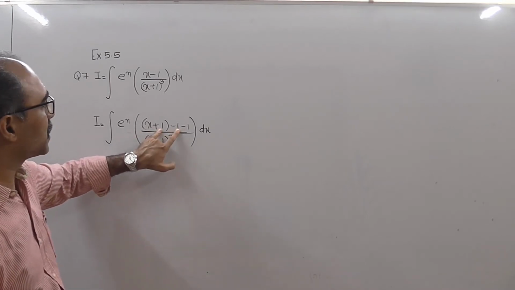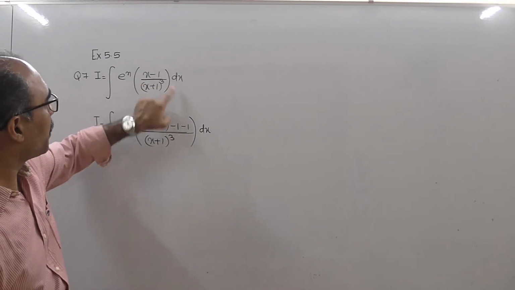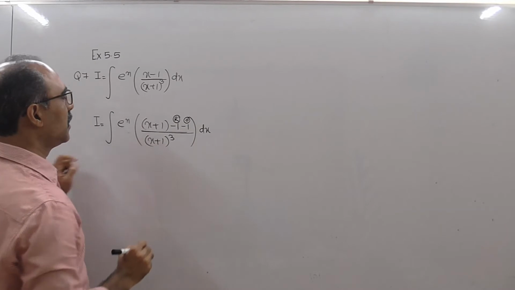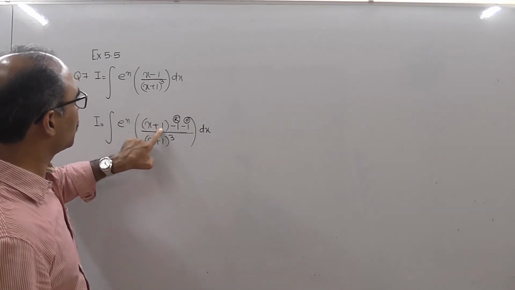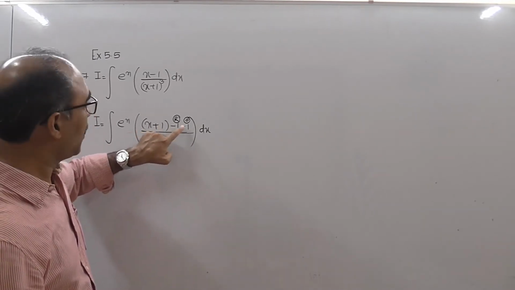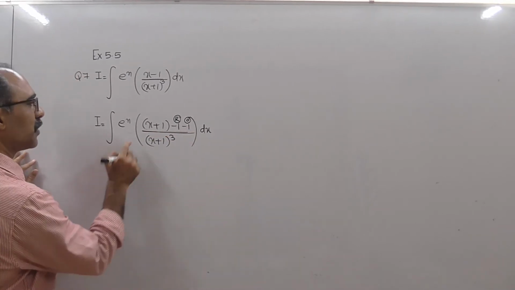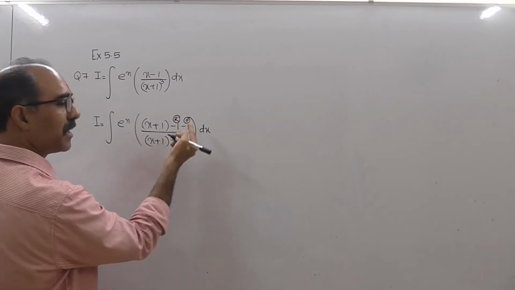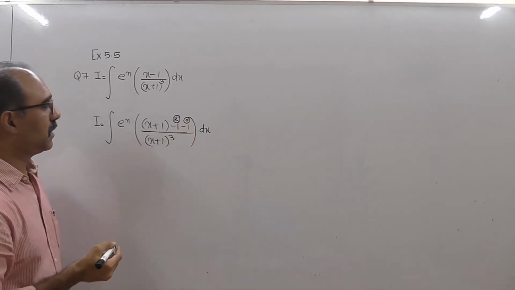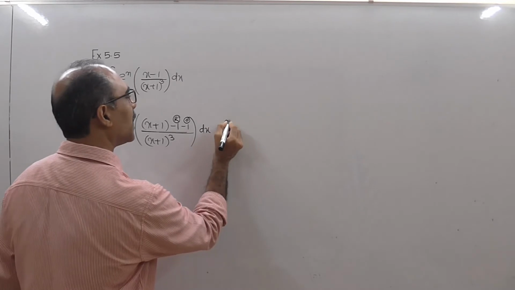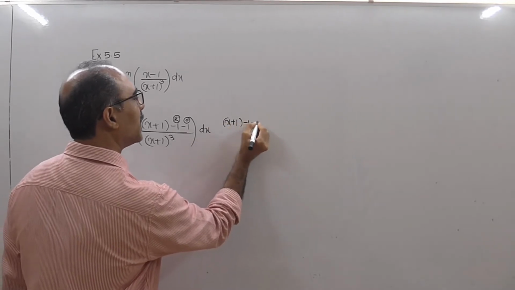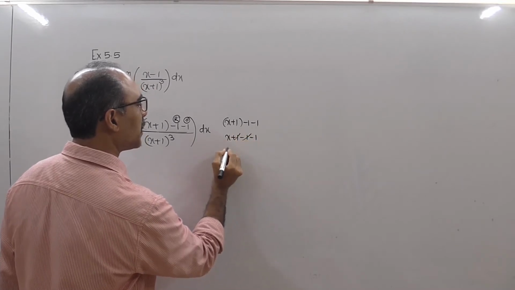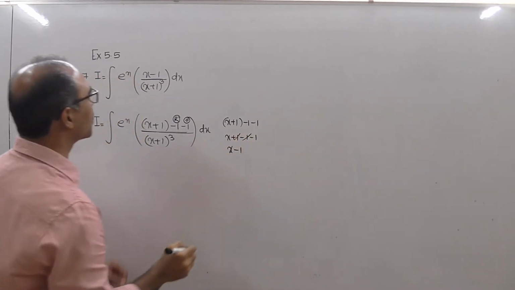So I think plus 1 minus 1 will get nullified. And you copy the original number. This is for rectification and this is the original number. So I have added plus 1. So I am rectifying it by writing minus 1 and I am writing the original number. So if you open this just like that, I think you should get x plus 1 minus 1 minus 1. Ultimately I think you get this as x minus 1. Check karo na. If I open the bracket, I get x plus 1 minus 1 minus 1. Minus 1 plus 1 cut, I get x minus 1. That's what is my question.